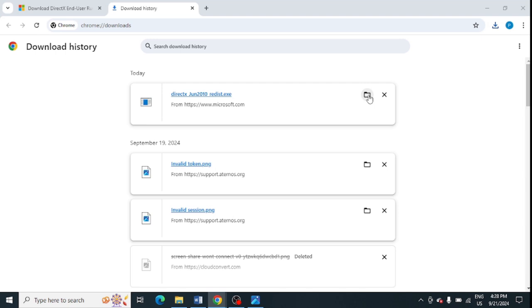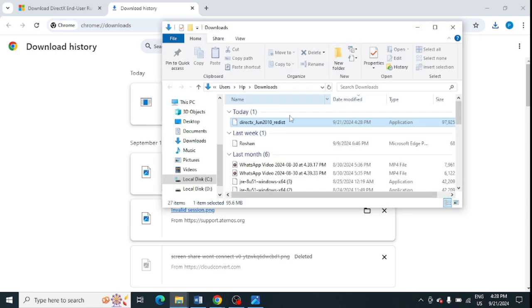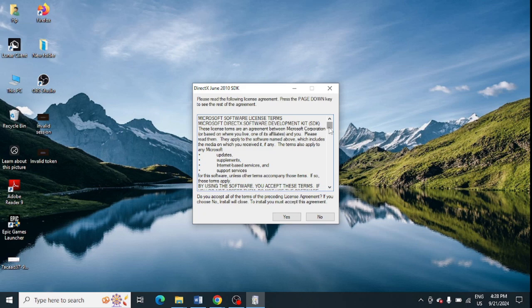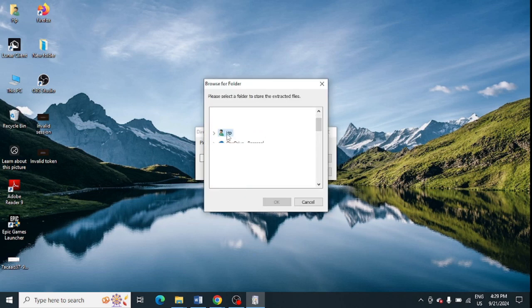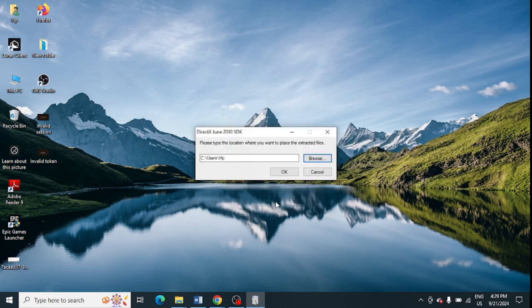you need to run the exe file. So run this exe file. Click on the Yes option from here and enter the location where you want to place it. You can click on Browse, select a place where you want to download it, click on OK, and